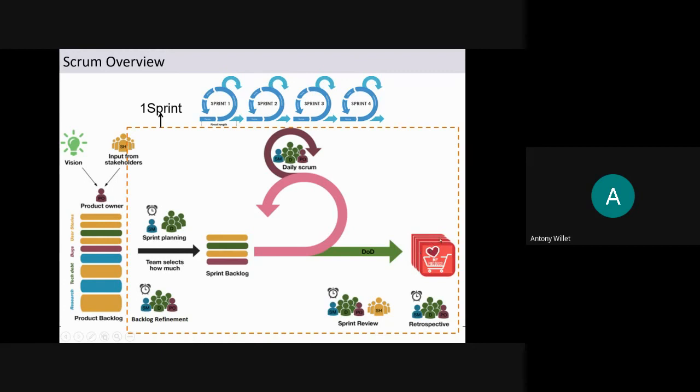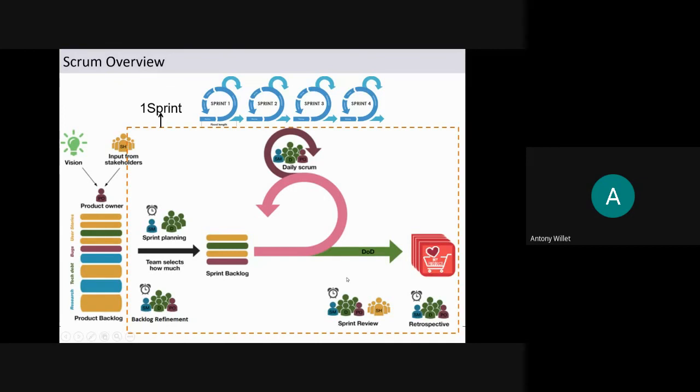As I already mentioned, whatever is implemented should be tested and deployed in the actual environment. Only that can be demoed to the customer. Unlike the waterfall method, whatever is developed in every sprint or every iteration is well tested and deployed. So product owner, Scrum Master, and the team are the Scrum roles. Sprint planning meeting and daily Scrum meeting, sprint review meeting or demo meeting, sprint retrospective meeting. These four are the ceremonies